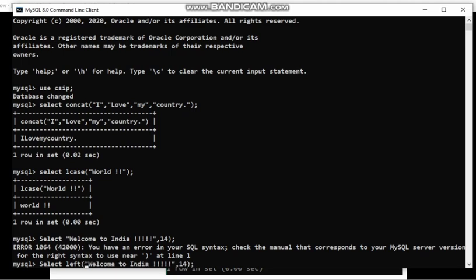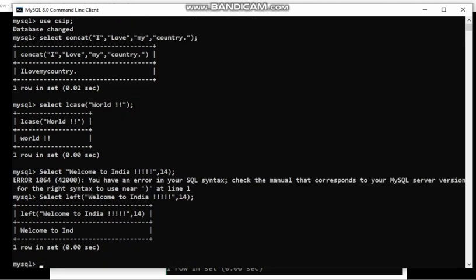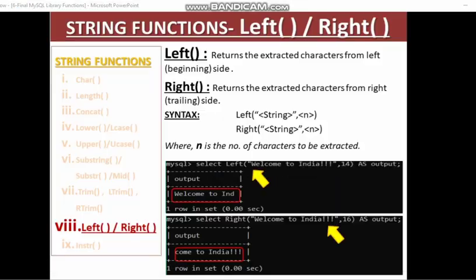This is the function. See, so what it is doing, select left, welcome to India, 14. So from the left side it has extracted 14 characters. 1, 2, 3, 4, 5, 6, 7, 8, 9, 10, 11. This space is 11, 12, 13, 14. So D is still D. 14 characters it has extracted including the space, right? So this is the way of using left.